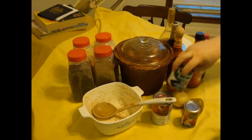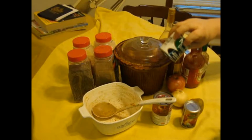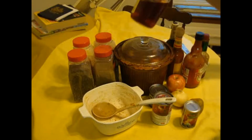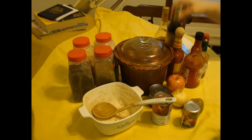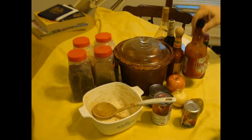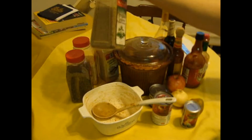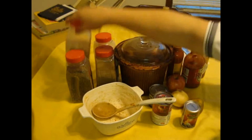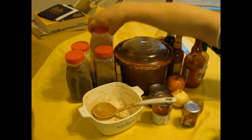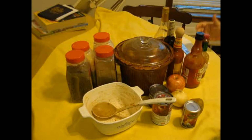But you could throw in mushrooms to give it character or make it look nice, right? And then you throw in red wine vinegar, maybe some Worcestershire sauce, and maybe some hot sauce, see? And you throw in spices: oregano, black pepper, onion flakes, garlic powder or regular garlic in there for basic flavoring, but you don't want to overspice it because then you get tired of the way it was spiced,